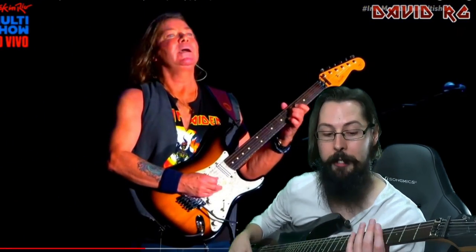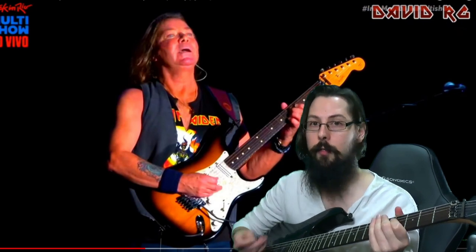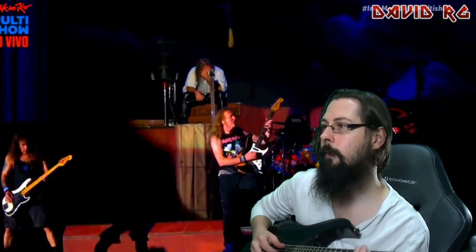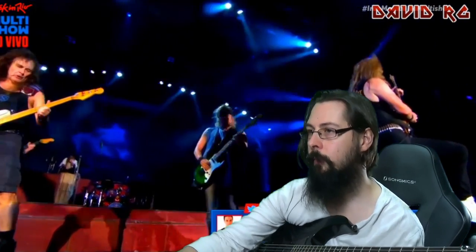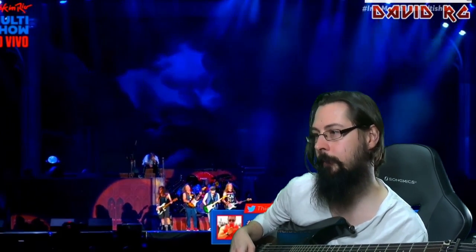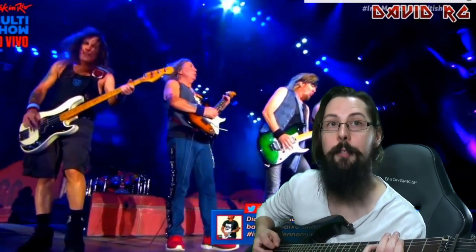Then here, this is a really similar idea, so it's even in the same position. You know, same notes, but they're playing them in a different way just to keep it interesting. And here we're kind of getting a bit more groove going on to give it a sense of movement. Down to the C again. So here we're just going to E minor, C,